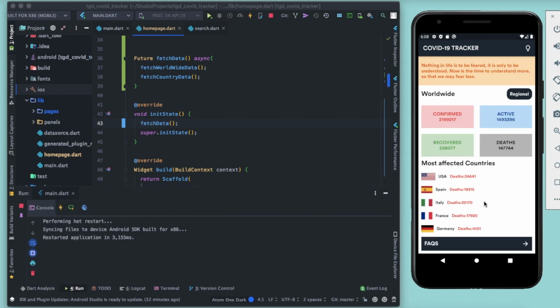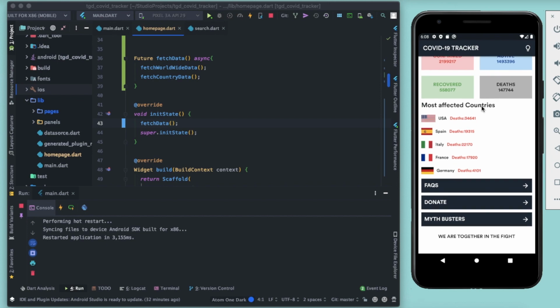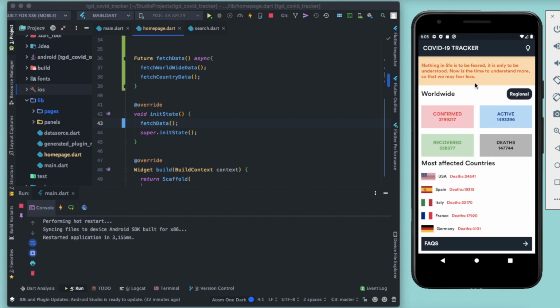So as you can see, we have restarted our application, and now let's see if the pull to refresh icon is working or not. So we are going to pull it, and you can see that we have the indicator here, and if we just leave this icon, it will be called. Don't worry, this refresh indicator will call the function when it completes. All the data will be automatically updated.